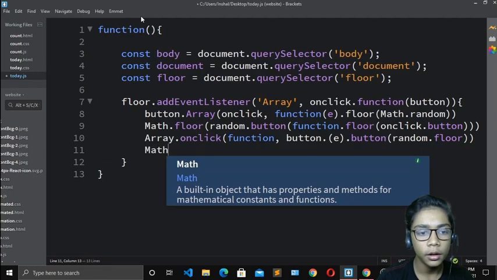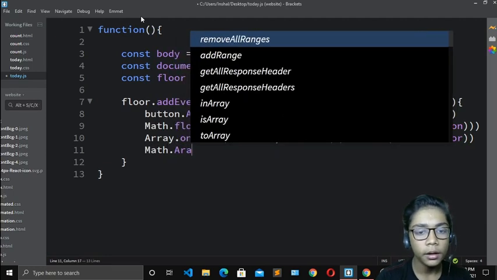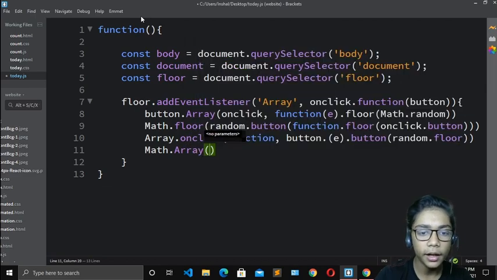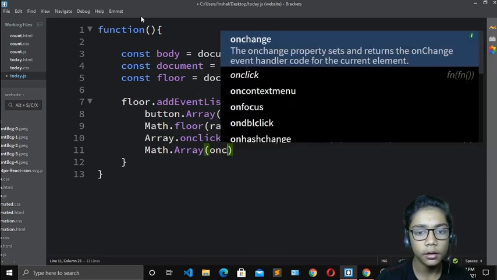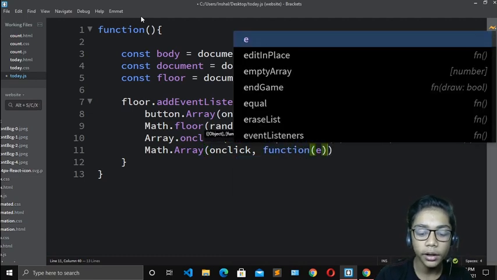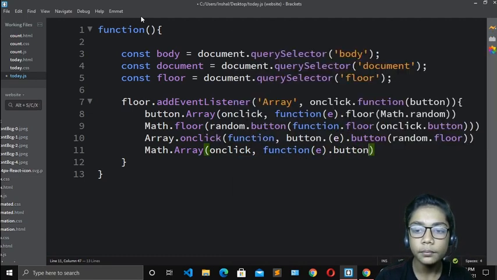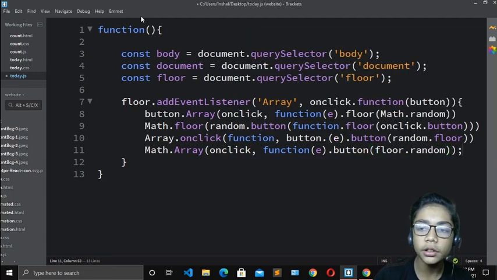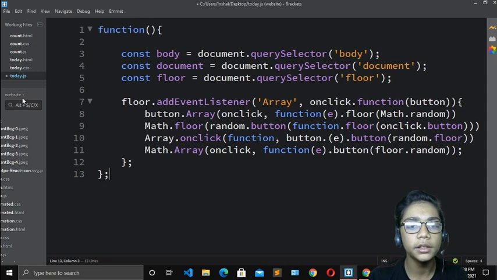Write Math again, spelling should be correct. Write on click, comma, function, e, and button, floor random. Then close that over here and over here.